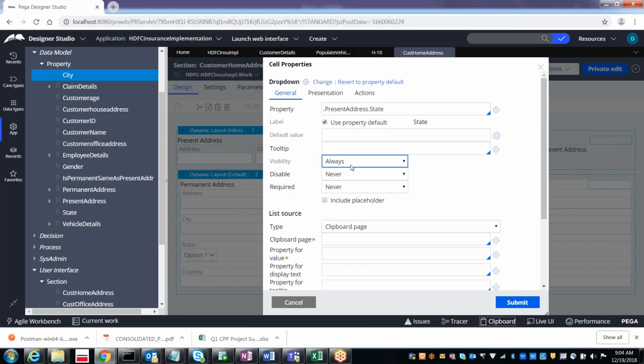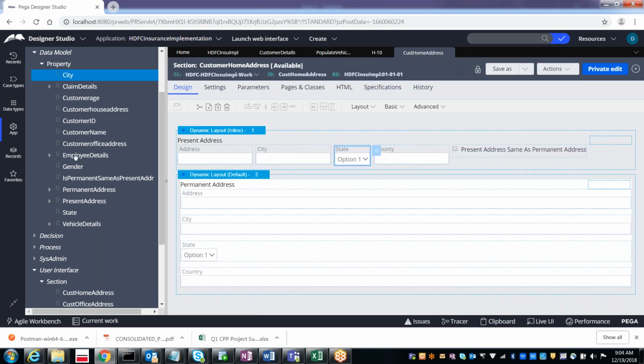First of all, if you want to populate the data from the clipboard page to the drop down, we need to copy the data to the clipboard, right? Once the values are available on the clipboard, only then can we display it here. So first of all you need to copy to the clipboard. To get into the clipboard page, we will populate from the data type. What is the data type we created for the states?